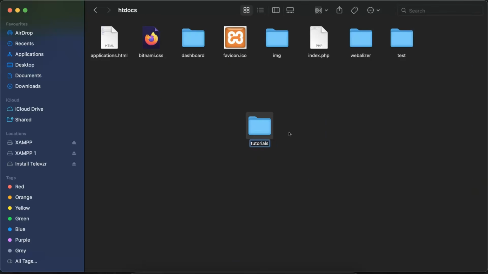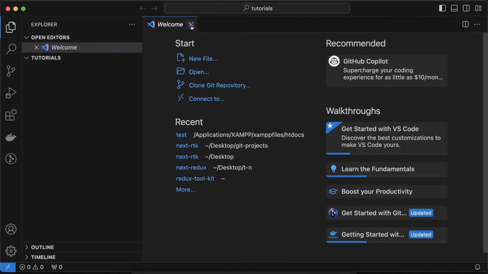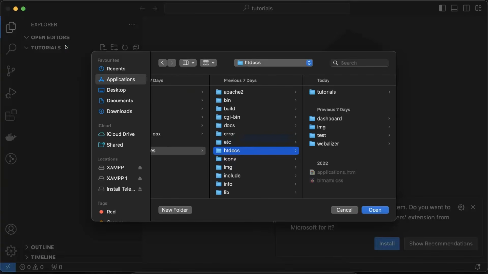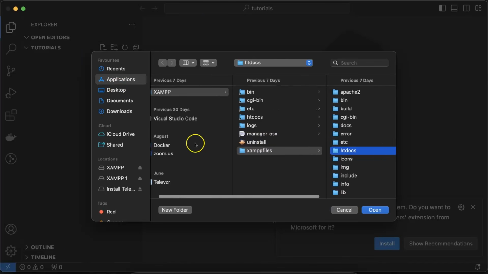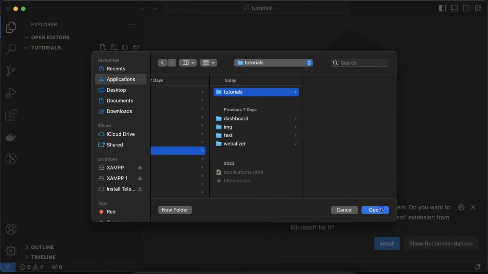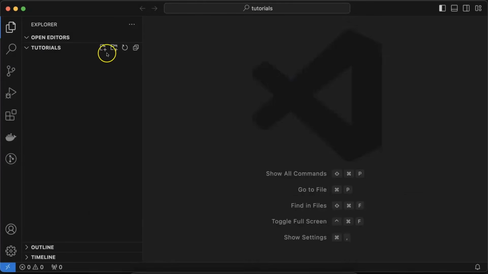Then after creating the folder, you go to any code editor. Me, I'm using VS Code right now. Inside the tutorial folder, you are going to open folder. Then you go to your file explorer and look for the XAMPP folder, then htdocs, and you look for tutorial. You open it, and then under this one you create a new file. You can use any name, but make sure the extension is .php, because if it is not .php, it is not going to work. So I'll just call it hello